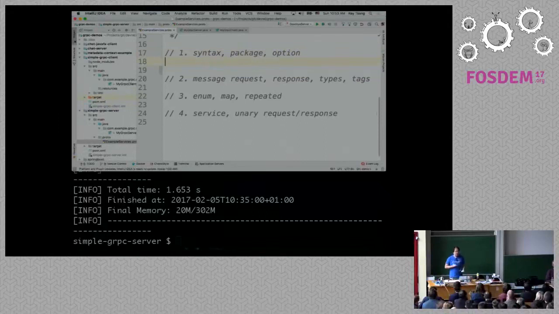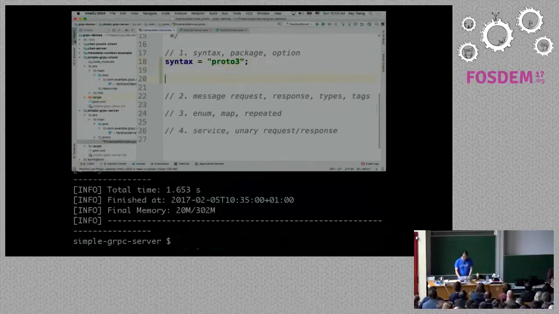All right, so with gRPC, the first thing I need to do is to use the IDL to define your payload and your services. These files are going to be called the proto files because they are protobuffer3 definitions. To make sure we're using protobuffer3, we need to first say syntax is proto3.